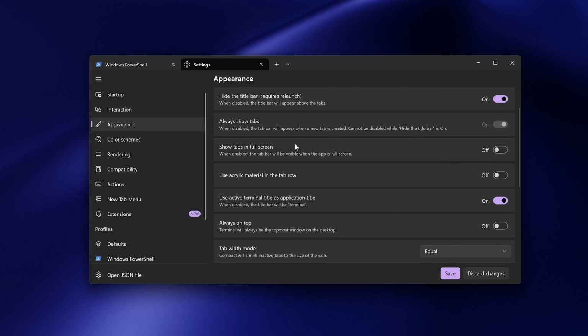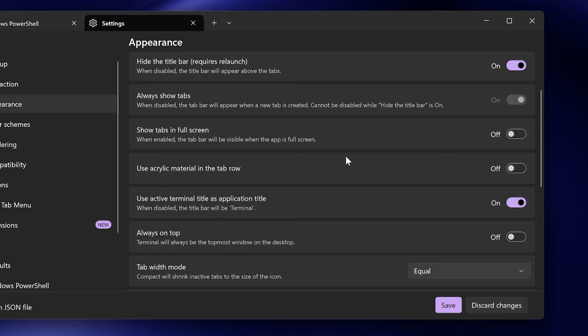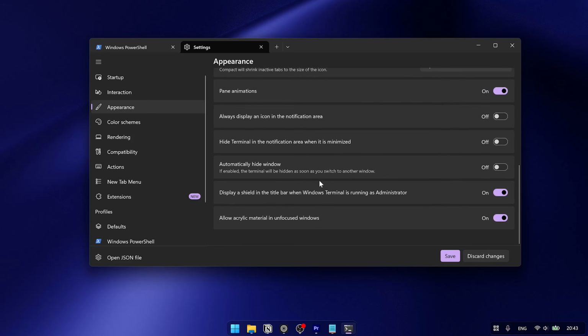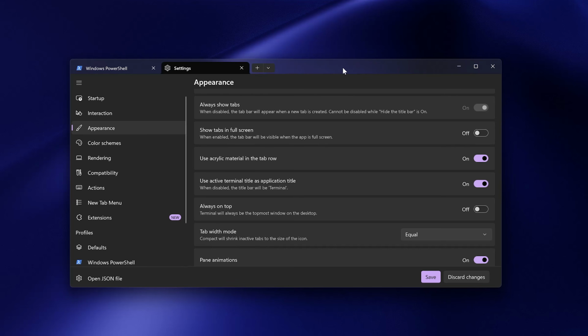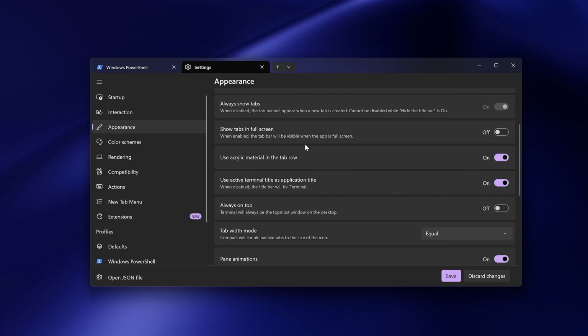While scrolling a little, I noticed this setting for acrylic material, so let's enable this. Keep in mind, every time we change some settings here, you have to click save to actually apply the changes. I would say with this new top bar, the terminal is already a lot more modern, but let's take a